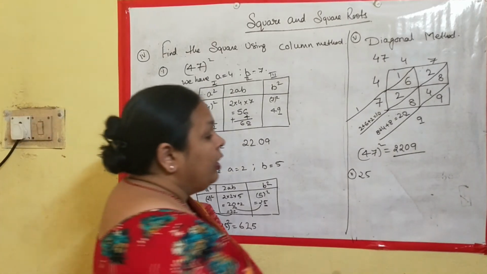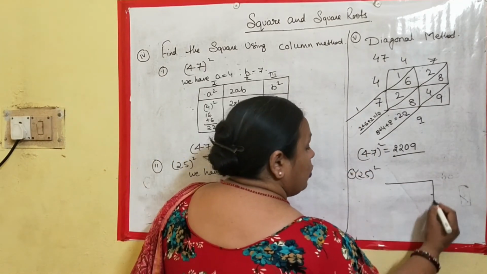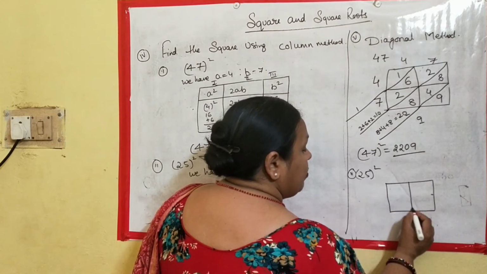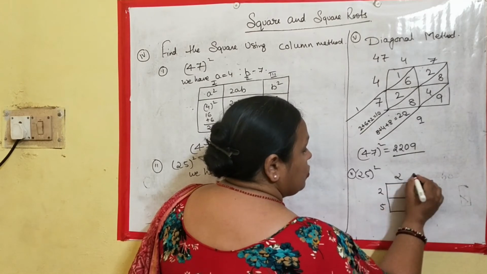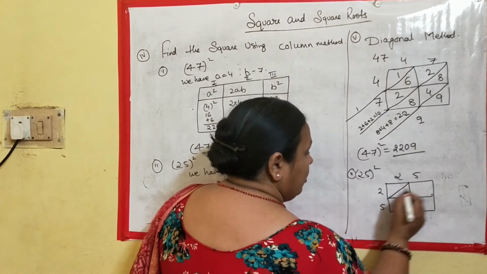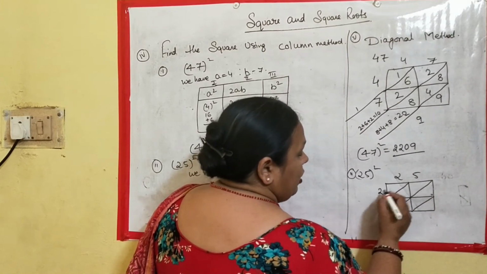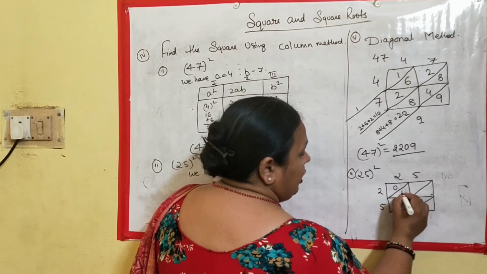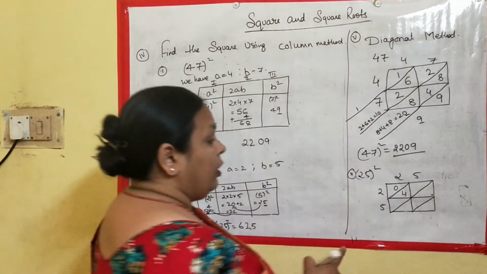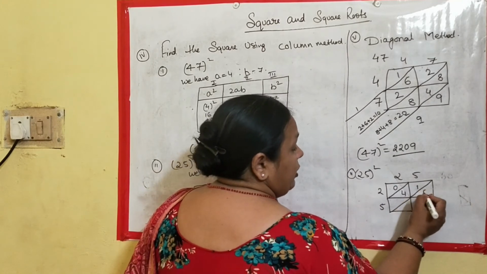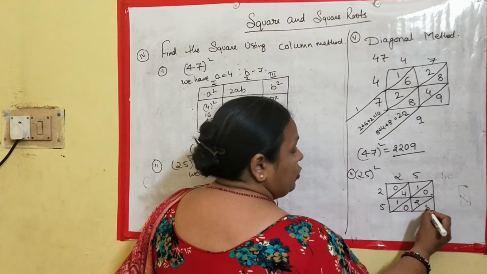So if you want to find the square of 25 using the diagonal method, we have two numbers. We will be dividing the box into 4 parts. So this is your 2, this is 5, this is 2 and this is 5. Again, subdivide each box. Clear? So 2 2s are 4, that is 0 and 4. Please don't write it as 4 and 0. That becomes 04. 2 5s are 10, 1 0. 5 2s are 10 and 5 5s are 25.